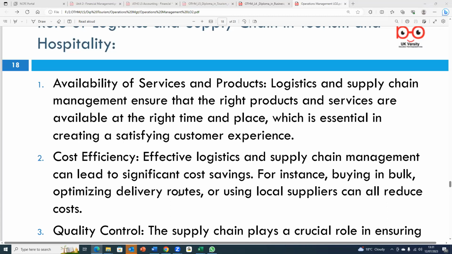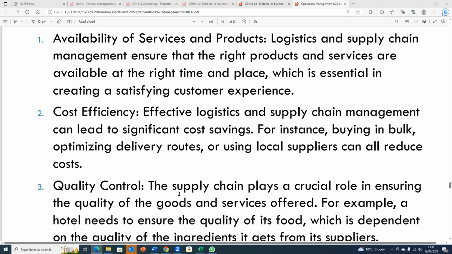So the supply chain logistics looks at the effective use of buying goods in bulk. For example, when we have a lot of rooms, we need to buy a lot of materials, like soap, or towels, or tissue papers, food materials, cleaning materials. So we want to make sure that when we buy, we should have